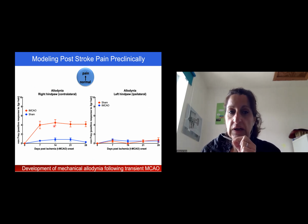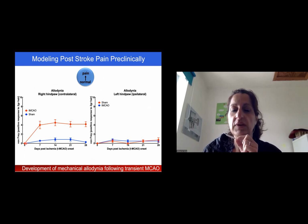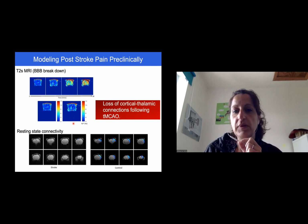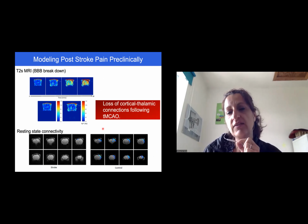Similarly, when we look at development of pain in the transient middle cerebral artery occlusion model, we've been able to show that there is development of hypersensitivity in the contralateral side following a transient middle cerebral artery occlusion. And furthermore, we've been able to show by MRI imaging in mice that following transient middle cerebral artery occlusion, there is actually, you can see here, there is